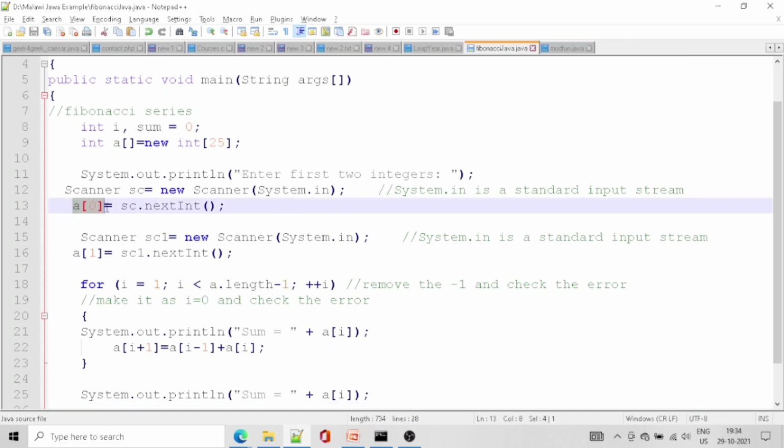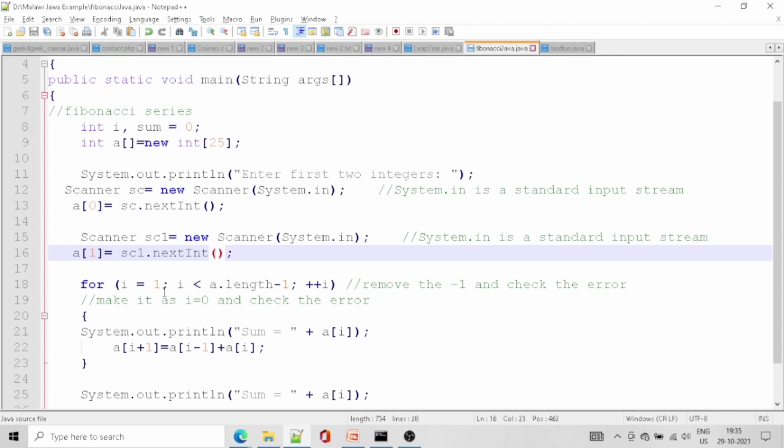Here we are getting a value and here we are getting another value. The first value will be stored in a of 0 and the second value in a of 1. Inside the loop, this is an array.